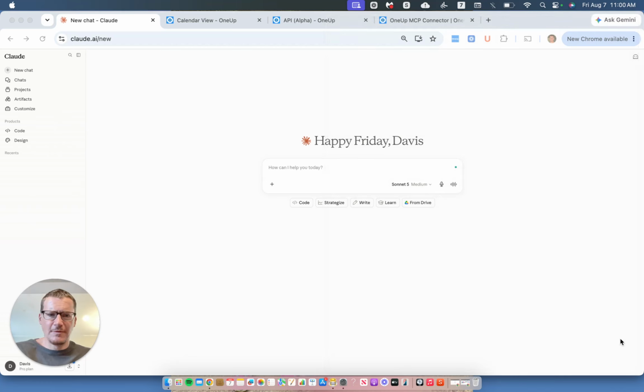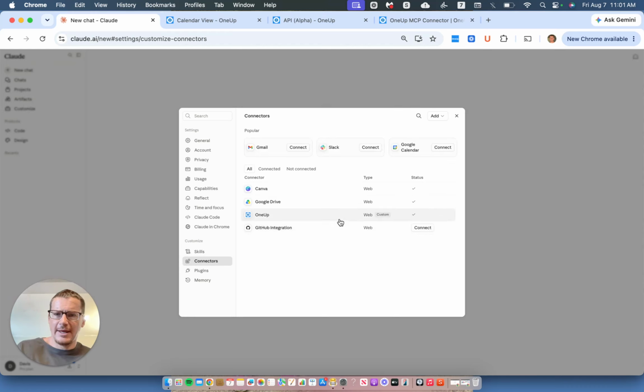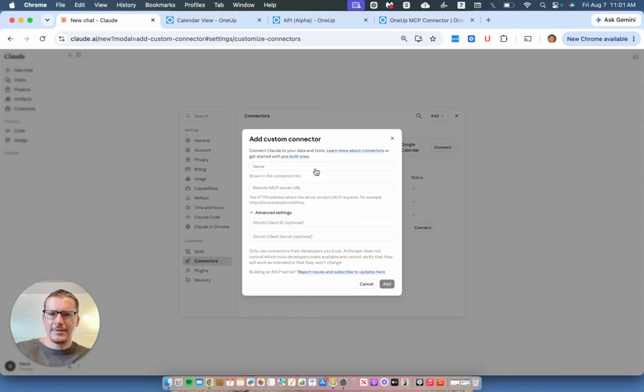First, let me move this over. We're going to go to Customize, go to Connectors, and we are going to add OneUp as a connector. To do that, go to Add Custom Connector. You can type OneUp for the name, and then in this field here, the remote MCP server, we are going to